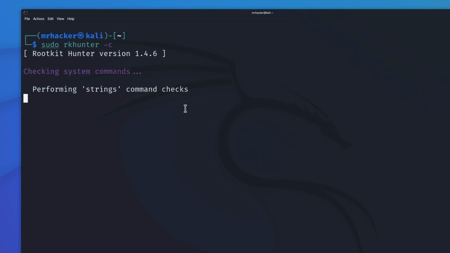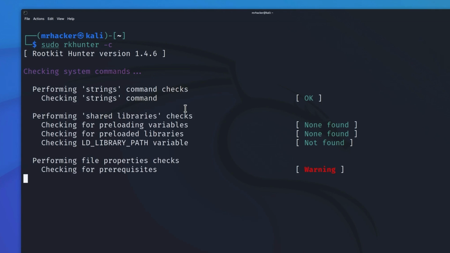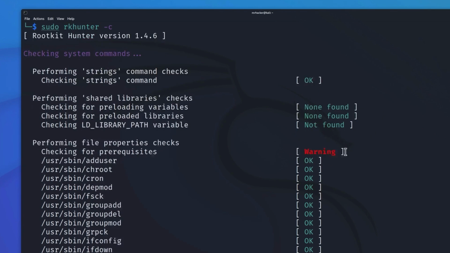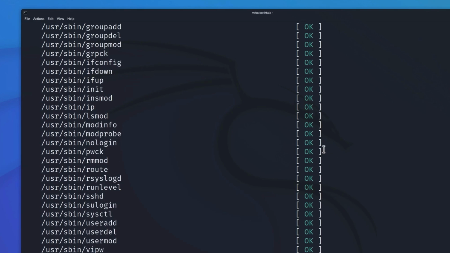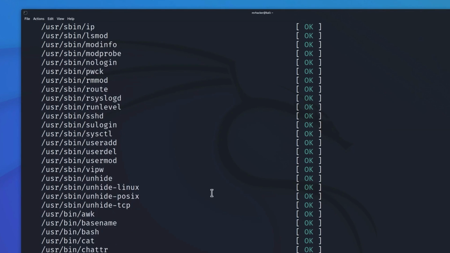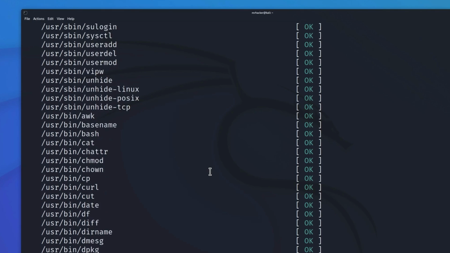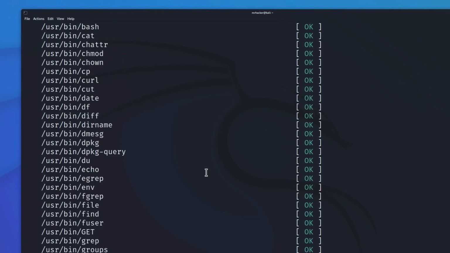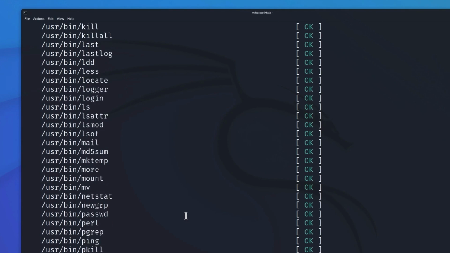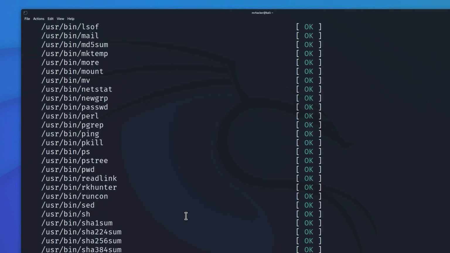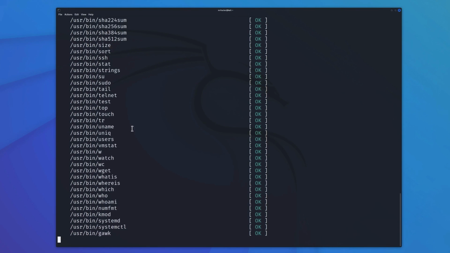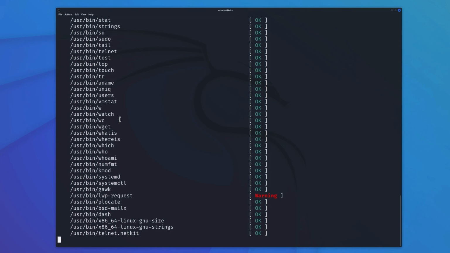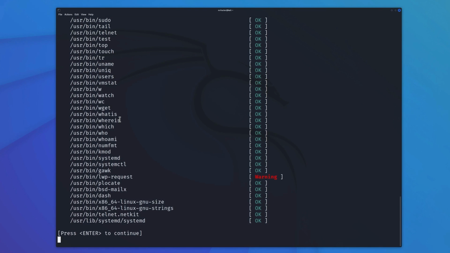And as you can see, it will start performing checks. It will perform various checks, and on the right side, we can see whether it found something suspicious or not. If any of these files are okay, it will simply say OK. If it's not okay, it will either give a warning or tell you that it has detected something. This particular scan will run different methods that are used to detect different malware or rootkits or anything malicious on your system. And if you want to read more about this tool and how it works exactly, you can find more about it on the Kali Linux official page, since this is a tool that is added by default to